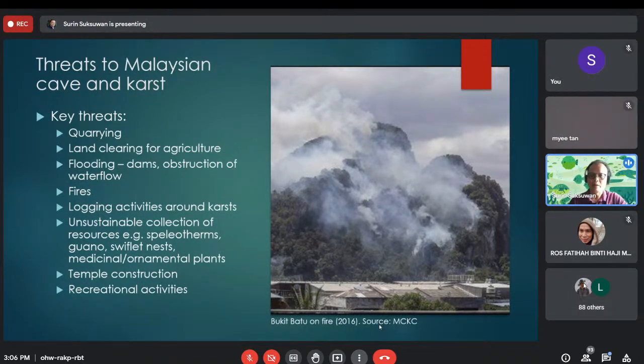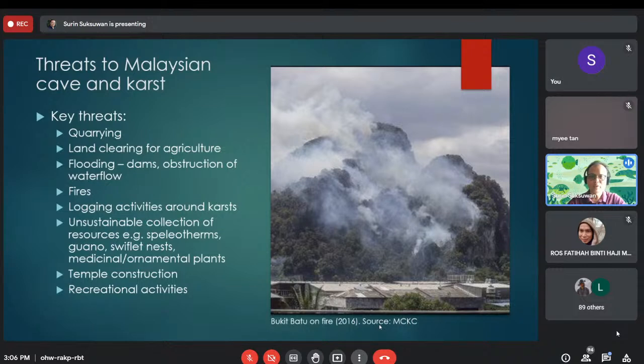Fires, a major threat to limestone. Some of these hills can be quite dry, they are exposed. And as you can see in this picture of Batu Hill in Batu Caves, there was a major fire in 2016 that wiped out almost one side of the hill. You have activities around the hills, logging activities, for example, that can also cause disturbance,